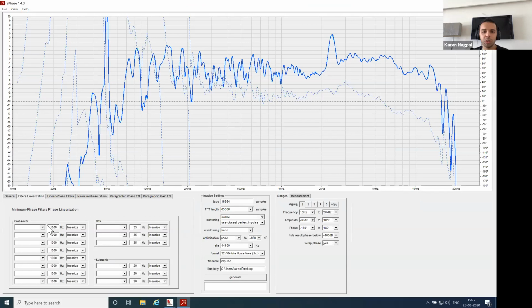If you're not using a crossover, it's a different thing. But how linearization works, you can go to the help of Rephase, or see the Rephase website. It's a free version. I've given my link to download it. Please play around with it. It's a brilliant tool. If possible, please donate some money to them too, it's always very helpful. It's much better than the previous version, and it's free.